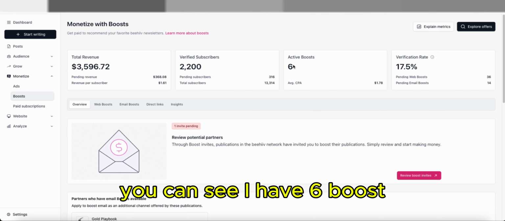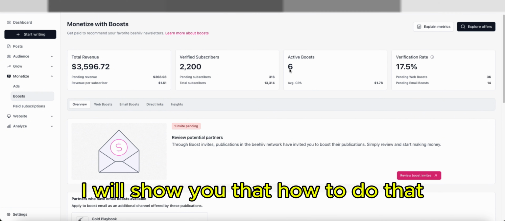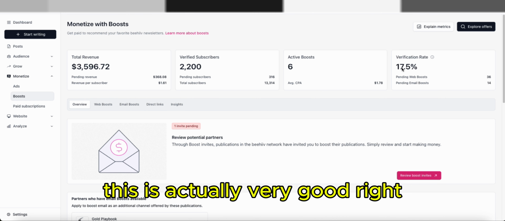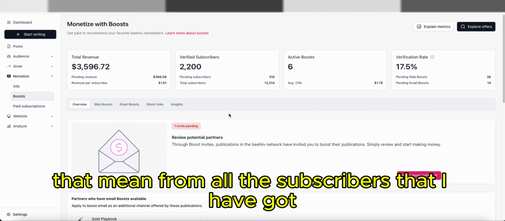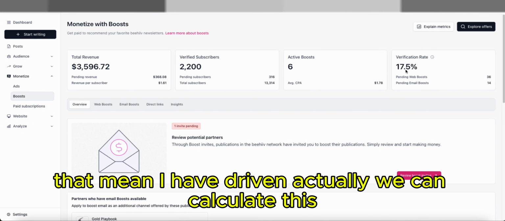You can see I have 6 boosts. That means I have 6 active boosts. I will show you how to do that. This is the verification rate. This is very important. This is actually very good, right? 17.5% verification rate. That means from all the subscribers that I have driven, I have got 2,200 verified subscribers,